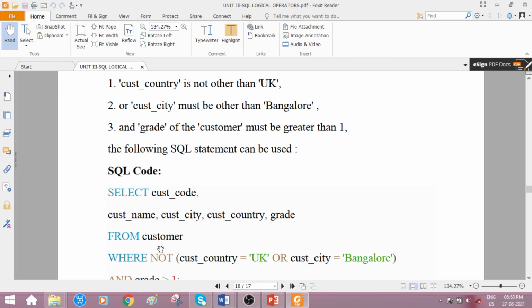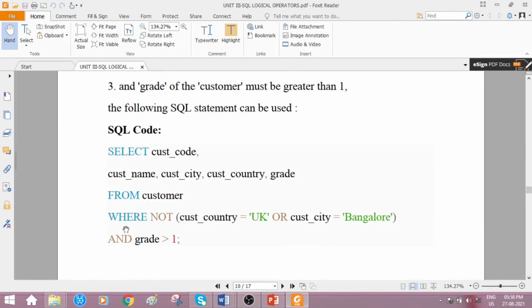So other than Bangalore city, those customer values are considered. That is the meaning. And grade of the customer must be greater than 1. So with the logical and, grade comparison operator: grade should be greater than 1, the greater than symbol.